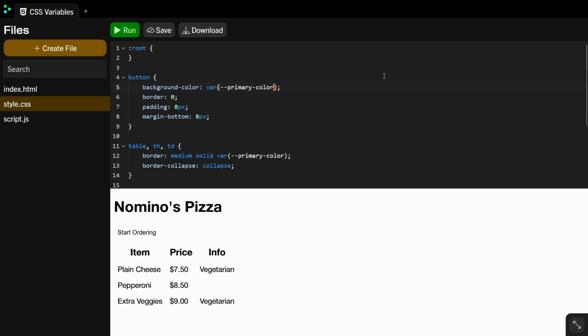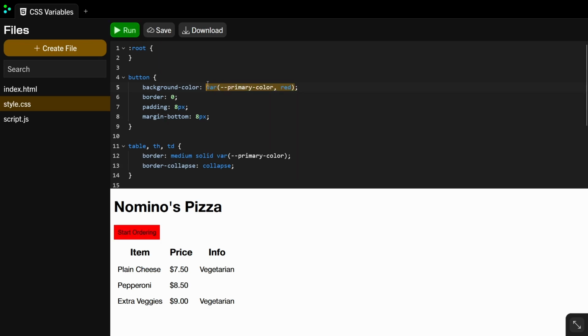However, we can fix this making use of fallback values. We can add a fallback value by going into the var function and adding a comma, and then the fallback value which we want to use if our color isn't defined. For example, you can set it to red